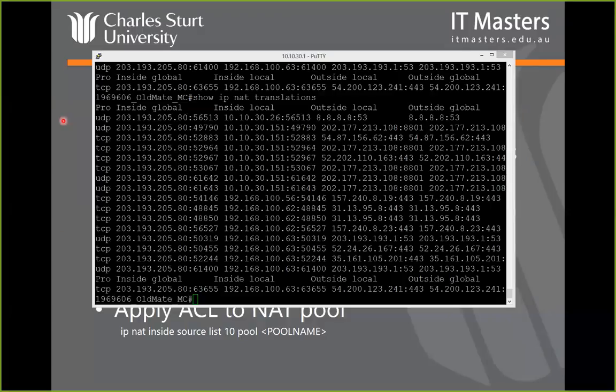If you've got lots of internal hosts and you don't care what address they appear at, but you just want to give them internet access, then NAT overload, like I'm doing, is the perfect way to do it. So the answer to that question is it depends on what you're trying to achieve. There's no real advantage one way or the other.